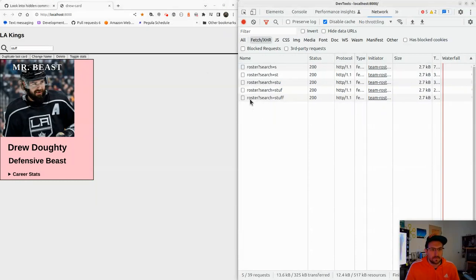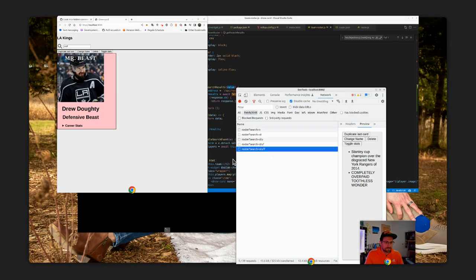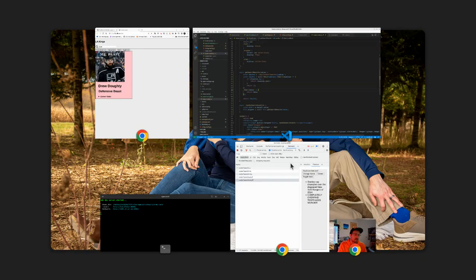So roster search stuff. Now, if you're running, and I'm on port 8000, port 8000 is npm start. This is front-end development. That call is going to the backend or the microservice, right? API/roster. That's not running right now. So our way of hopefully resolving that is,